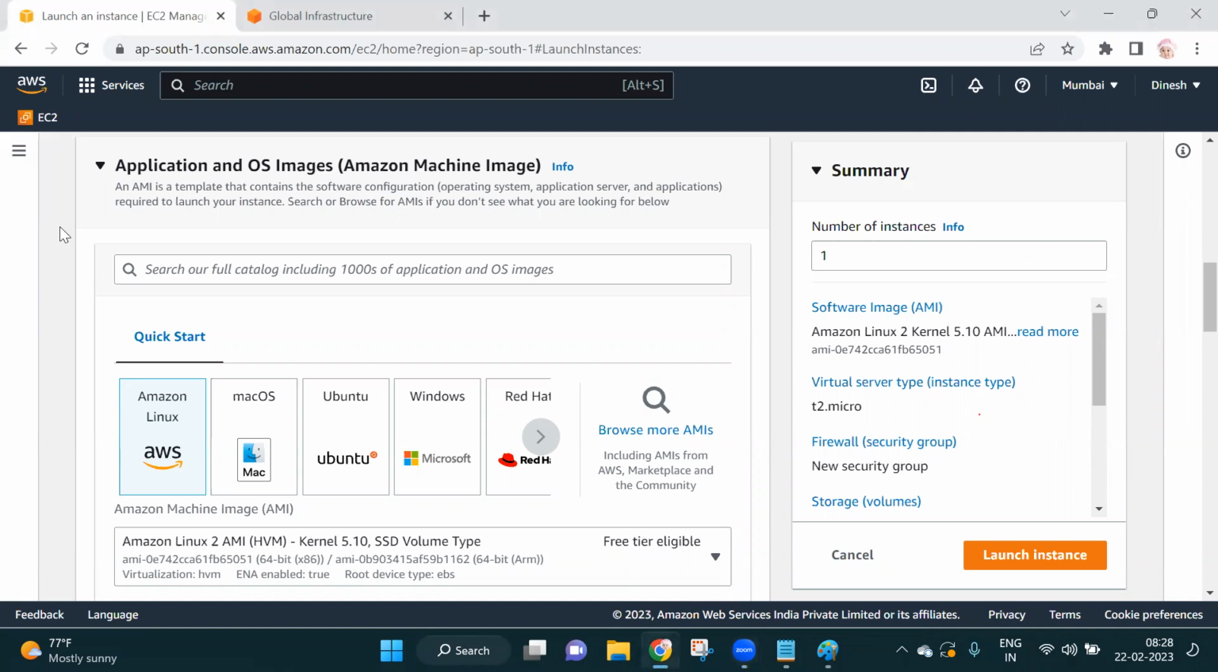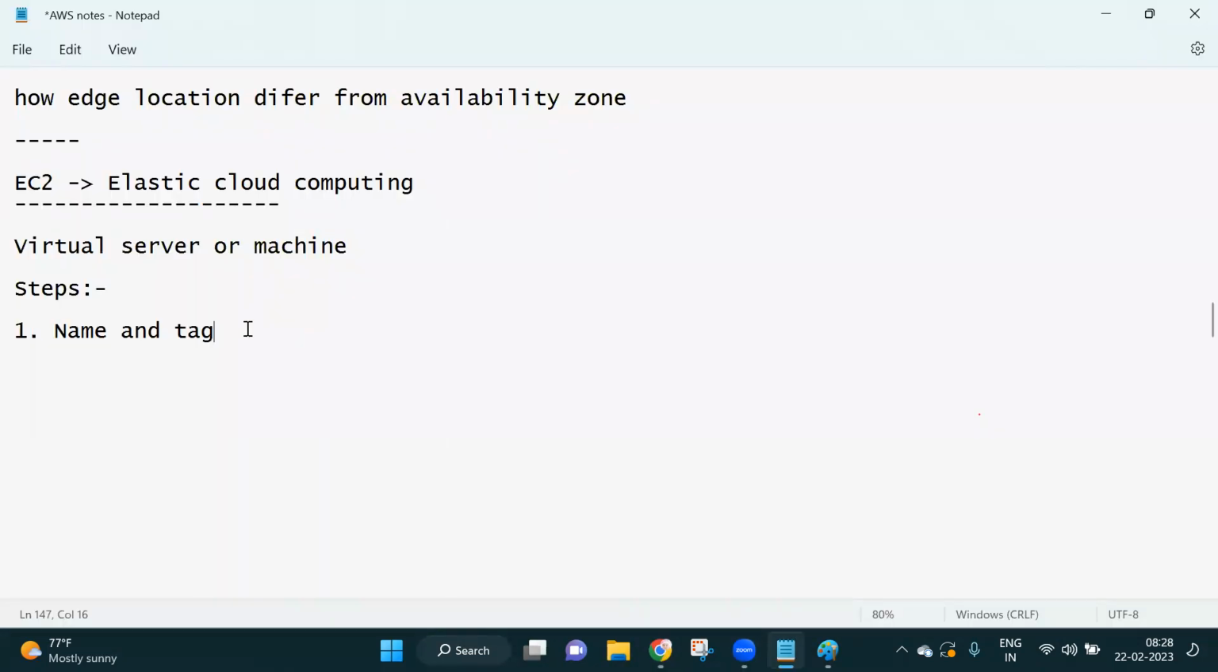And then you have to go for an important step, which is nothing but AMI. Second step is AMI. AMI means Amazon Machine Image. So if you ask me what is AMI, what is Amazon Machine Image? It is, see guys, any application,